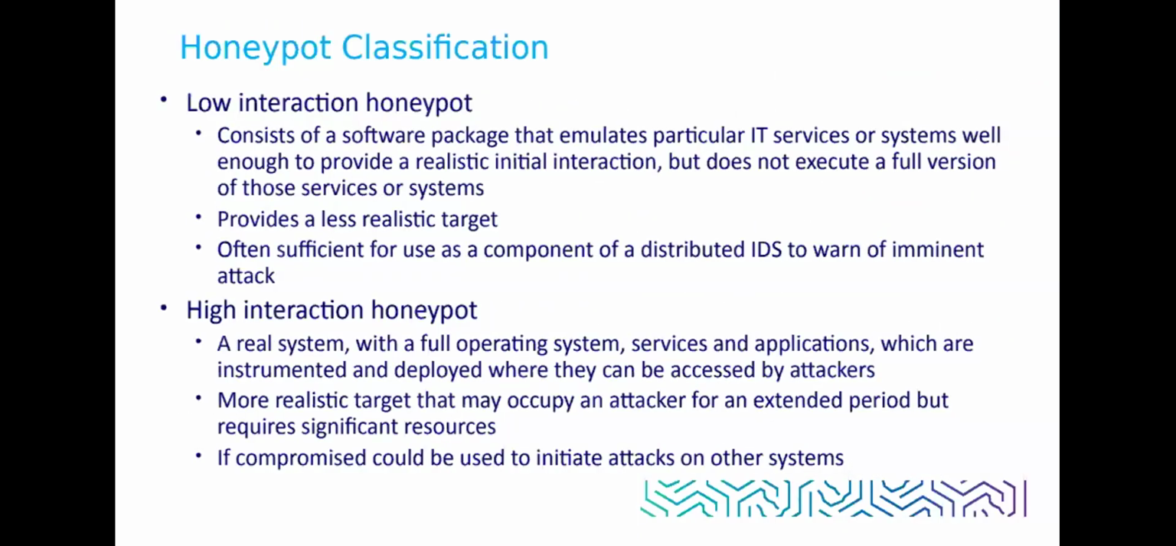Now let us see the honeypot classification. There are two classifications. One is low interaction honeypot and another one is high interaction honeypot. The main difference between them is how much interaction they allow an attacker to have within the system. When you think of it like this, a low interaction honeypot is like a movie set. It looks real from a distance, but it is only a simulation. Whereas a high interaction honeypot is like a real house that an investigator allows a suspect to enter while everything